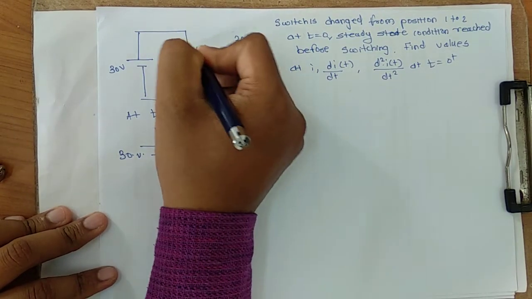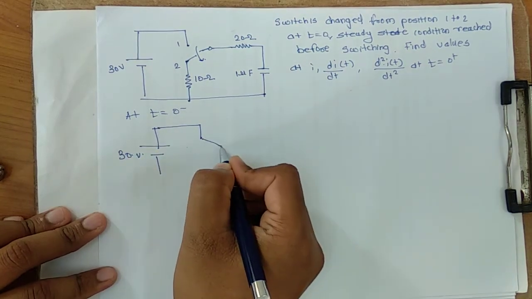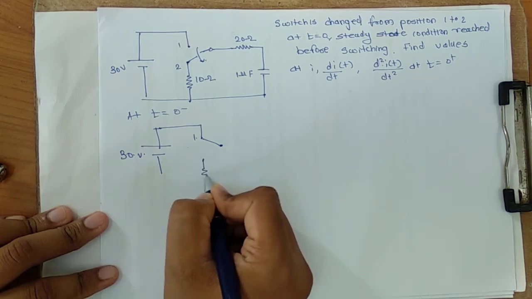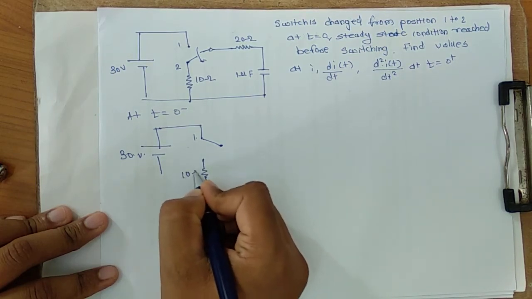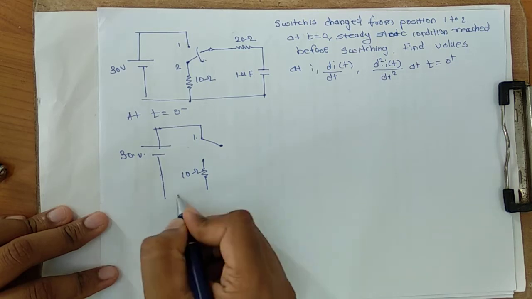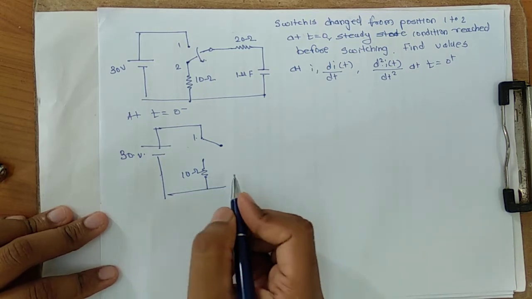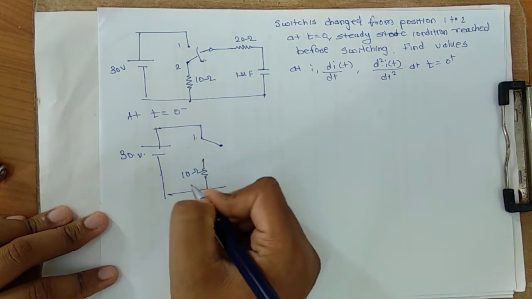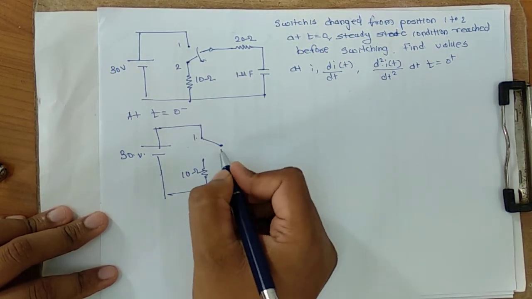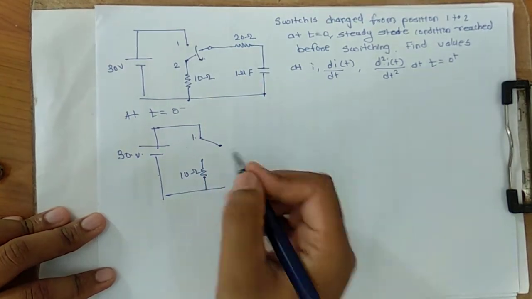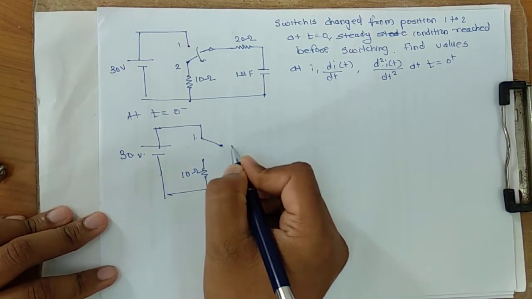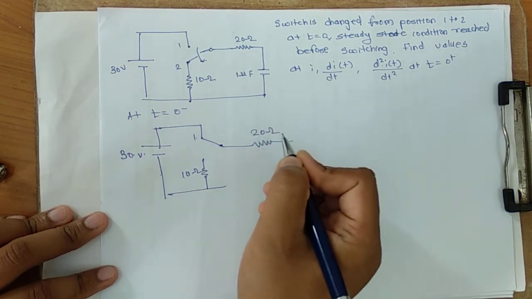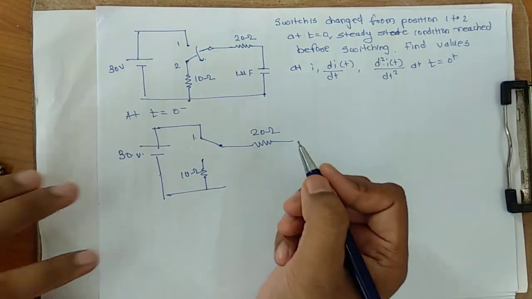So this switch is connected at this position, switch 1. Switch 2 is open. Now there is no meaning for this resistance, because it is an open resistance. So it doesn't matter, you can draw it or not. For your understanding I am just drawing it, because there is no use of this 10 ohm resistor when the switch is at position 1. Now this resistor will be as it is. You have seen that there will be no effect on the resistance for any condition.